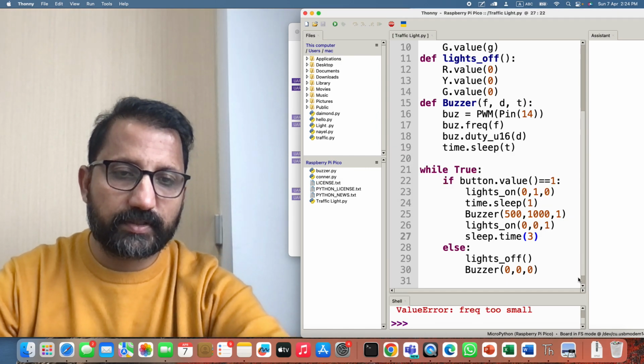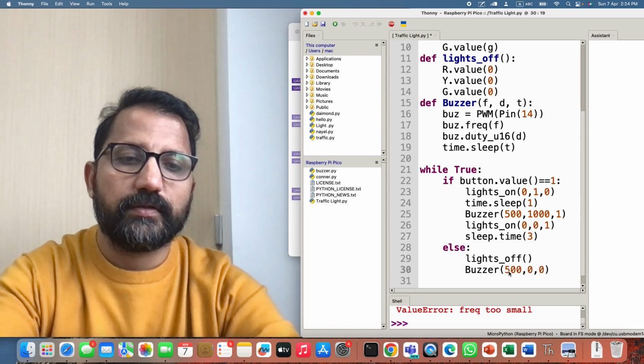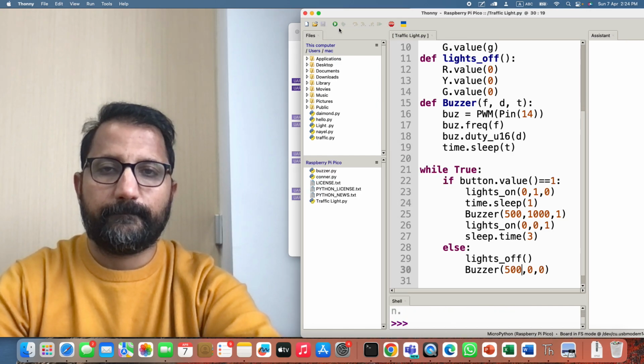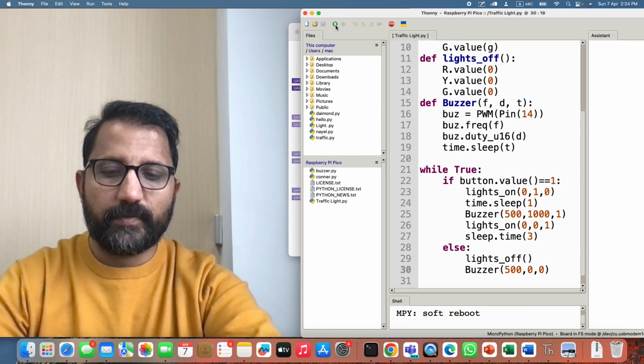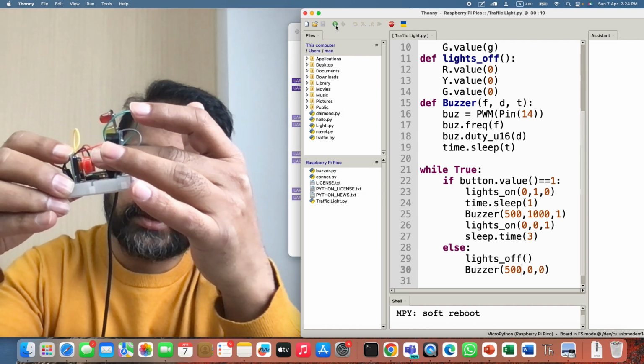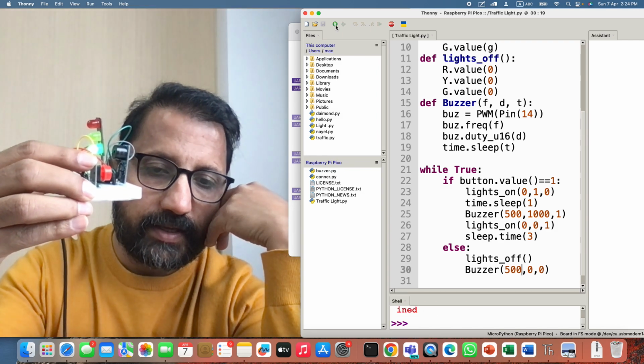Oh, okay, so what is the problem now? It says the frequency is too small. So the frequency has to be 500. Alright, here we go. So it's off. Now I'm going to press the button. See, yellow, green, and